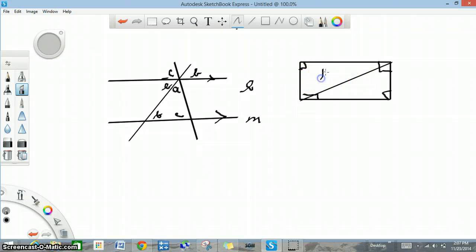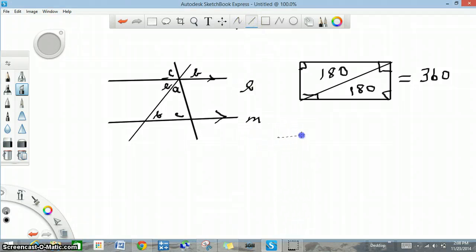So what happens is we get 180 degrees for that triangle, and we get 180 degrees for that triangle. Now what happens is if we add the two of them together, we can see that a rectangle is going to be 360 degrees. So our rectangle is going to add to 360 degrees. We could do the same thing with a pentagon,